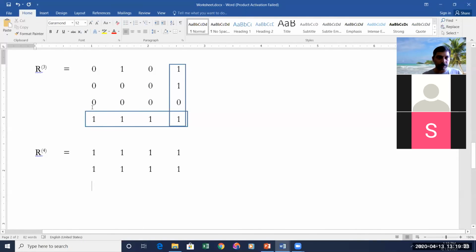Coming to the third row, there is a 0 here in the previous matrix, same position. Therefore, corresponding row 0, corresponding column 1. 1 and 0 is 0. Therefore, it is a 0. Previous position, previous matrix, same position is 0. So 1 and with 0, so it is 0.